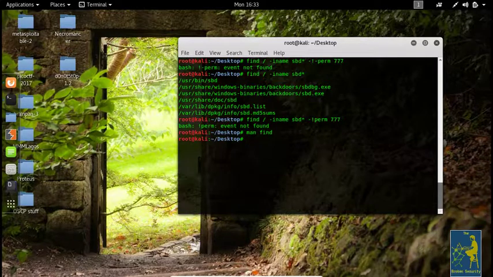So here's a little exercise for you guys. I want you to find the location of plink.exe, and paste the location in the comments. Also, for the next exercise, I want you guys to read about or do a man on DNS enumeration, or dnsenum. So do that and try to understand, look around. There's a structure on the Kali Linux